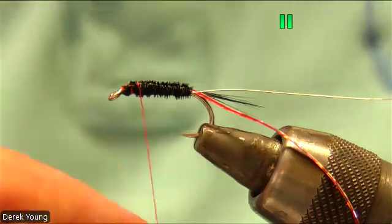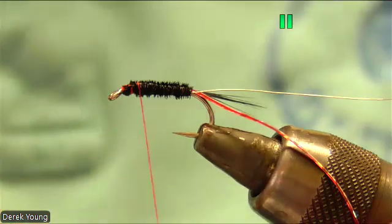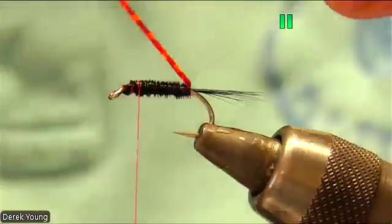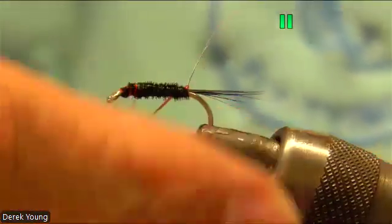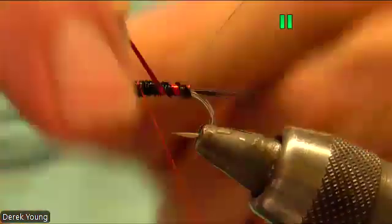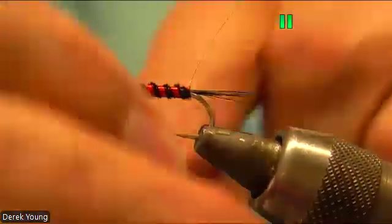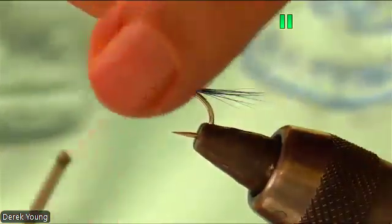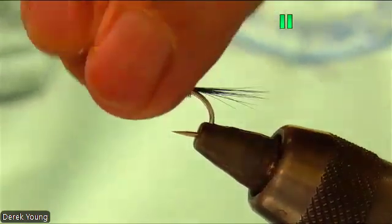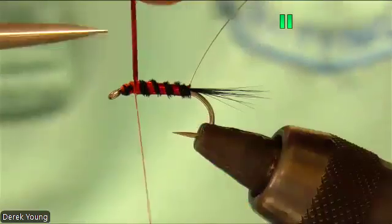Now, because we took the pheasant tail fibers that way, wind your red holographic in open turns in the opposite direction. One behind, one in front, one behind, one in front. You can then remove your waste